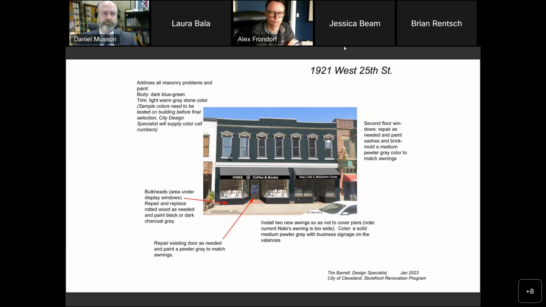I should say, brick new to this project, but it will be carefully matched to work with the existing brick. I know that's probably less of a concern here in that it's painted, but down the road, should a new owner decide to remove the paint and expose the brick, we want to make sure that the brick there is appropriate.